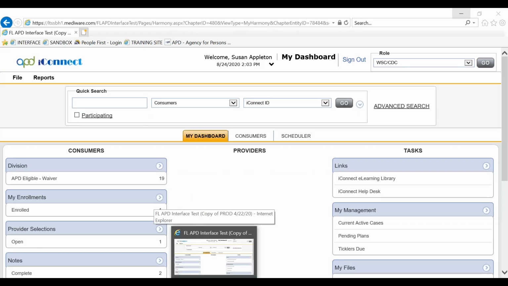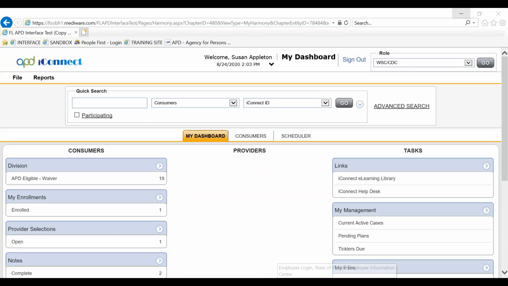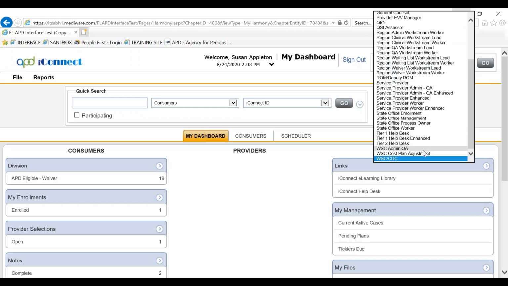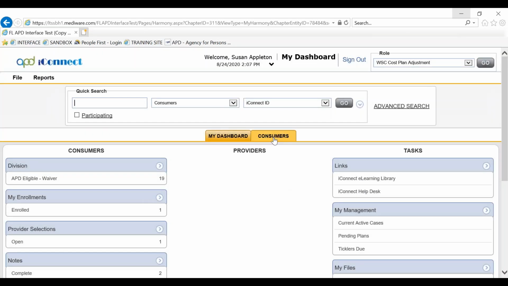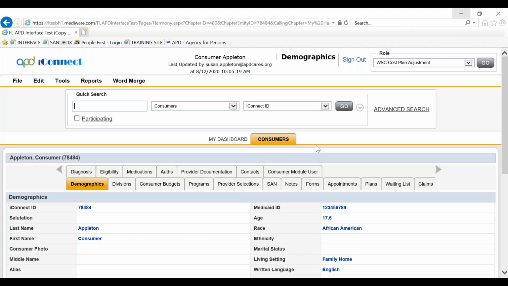To enter the new plan service to the approved cost plan, the WSC enters into APD iConnect in the WSC CDC role. The plan is in an approved status and is read-only. The WSC must change to the WSC Cost Plan Adjustment role. Upon entering the Cost Plan Adjustment role and locating the consumer plan, on the Plans tab,